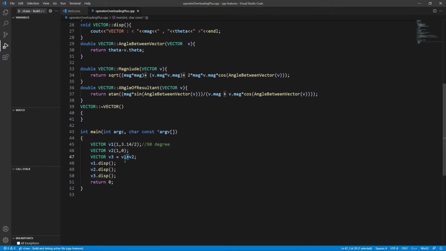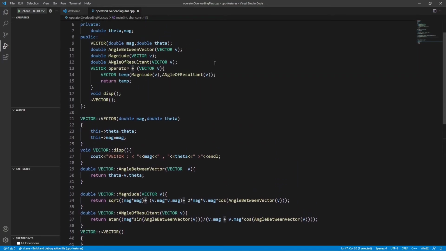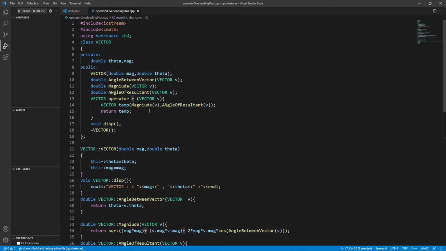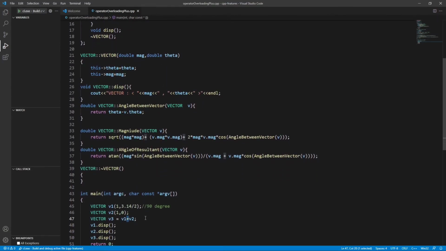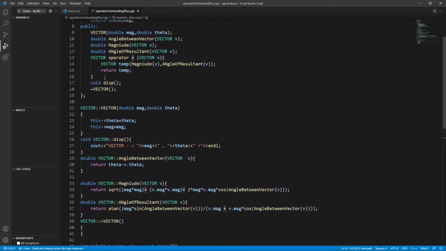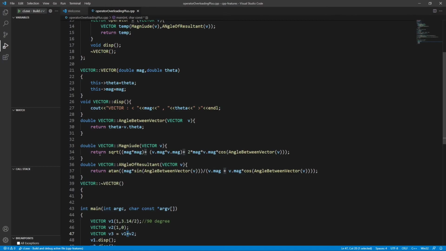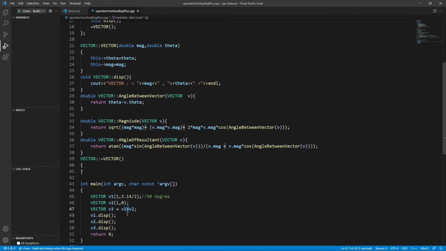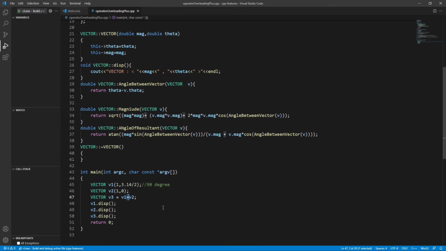So this is how we implement operator overloading. We are directly using the plus operator here, as you can see, but actually a lot of computation is going on here, a lot of calculation, a lot of things that we have done here which are hidden, and we are directly using this. Otherwise, if we were not using this, we might have to do a lot of computations every time, or we could create another function where you call vector1 dot add vector2 kind of thing. So this is how operator overloading works.